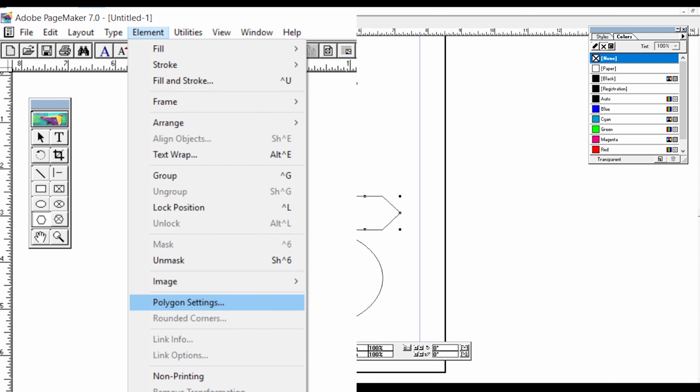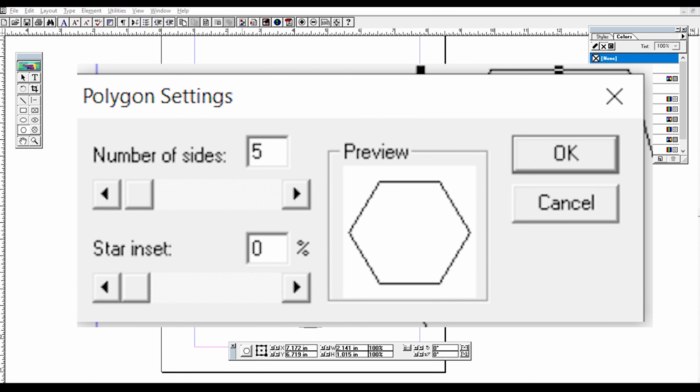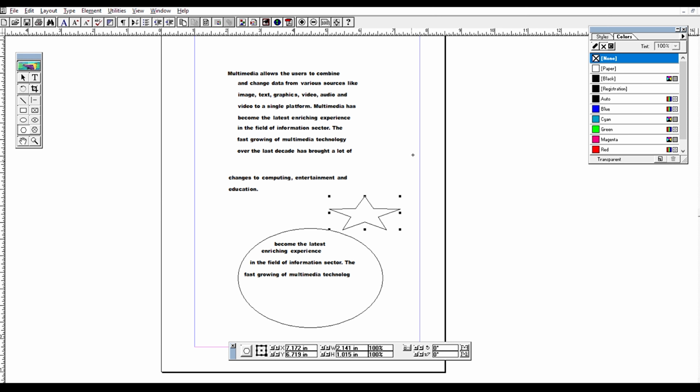In Polygon Settings, how many sides do we have? 6 sides. If we need a star, we can just give 5 sides. In this star inset we can give 50%, and then click OK. You got a star, right? You can make this star with so many sides also.